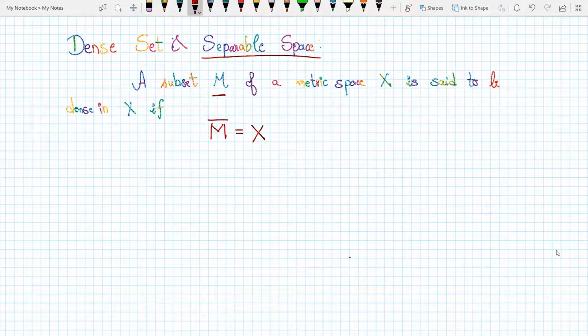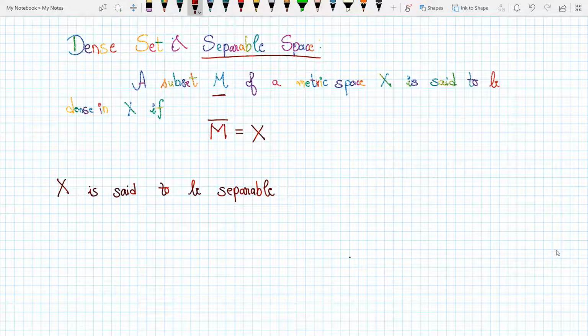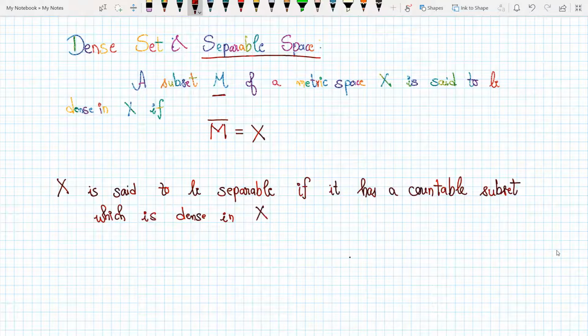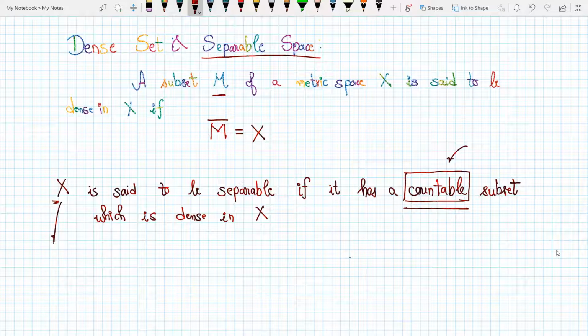By separable space, I mean that X is said to be separable if it has a countable subset which is dense in X. Now the important thing to remember here is that this should be countable. The subset should have a countable number of elements. And when a metric space X has a subset M which has a countable number of elements such that the closure of M is equal to X, then I say that my space X is separable. Okay,